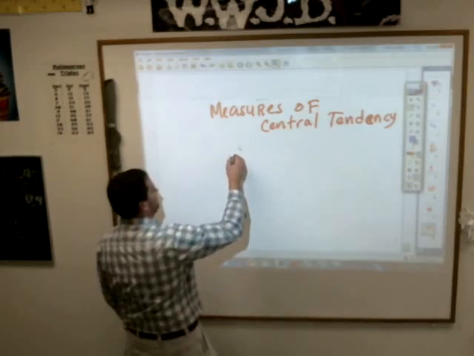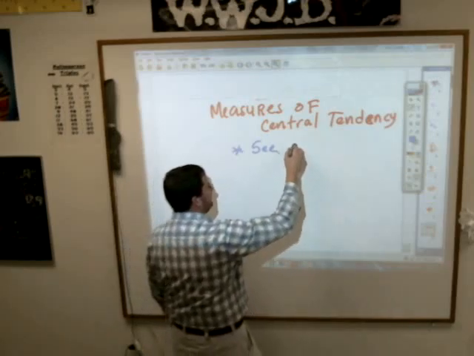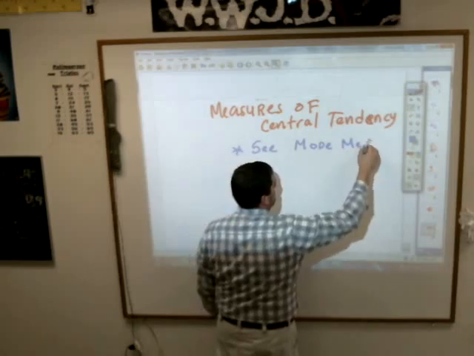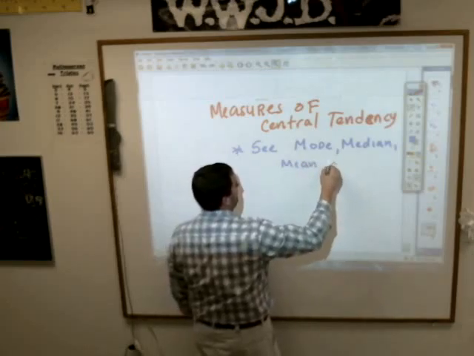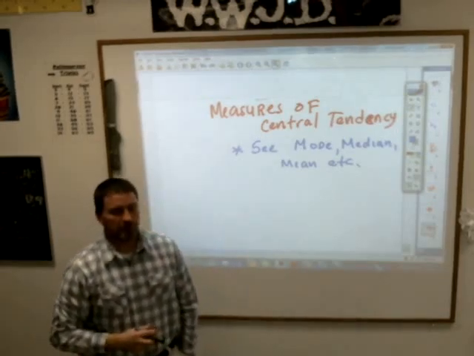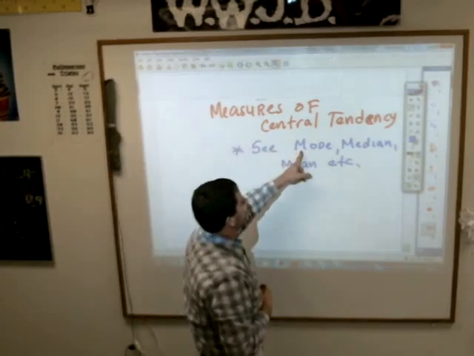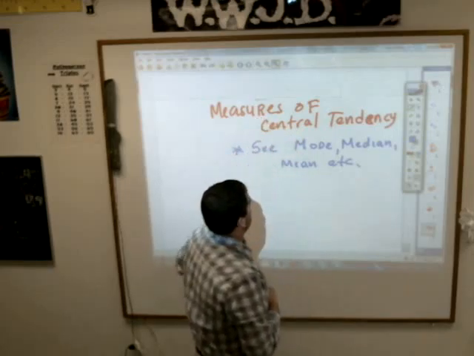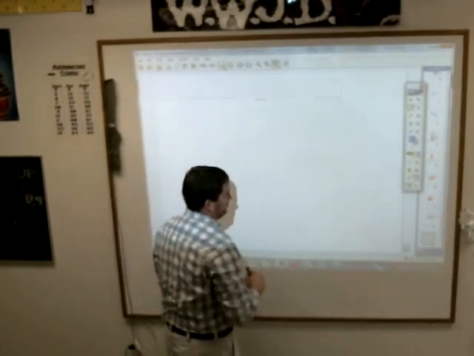mode, median, mean, etc. Which means for the rest of our notes, you're going to have to take out a new piece of paper. Although measures is real close to the letter M, isn't it? We could also put it under central tendency, but I would probably put it under the letter M. So take out a new piece of paper, and now we talk about the measures of central tendency